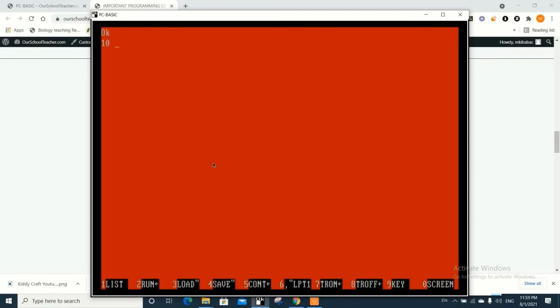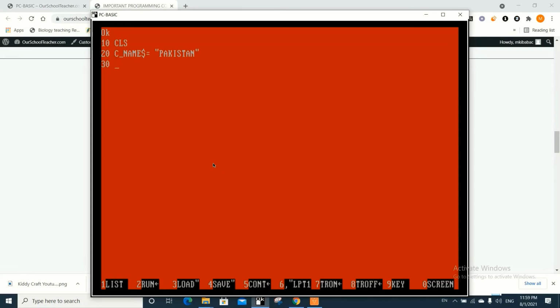Line number 10. On line number 10, I say CLS. On line number 20, I say, for example, country, C underscore name, country name. And then I have to use a dollar sign here because I'm going to store a string, a piece of text, then the equal sign, and then I need to write some country name because I have made this variable for storing a country name. So here I'm going to write Pakistan, for example. Then I press the enter key.